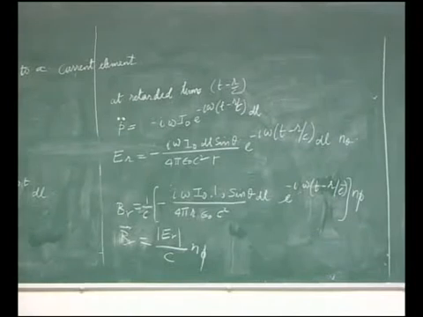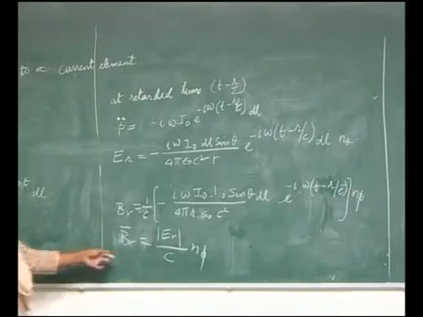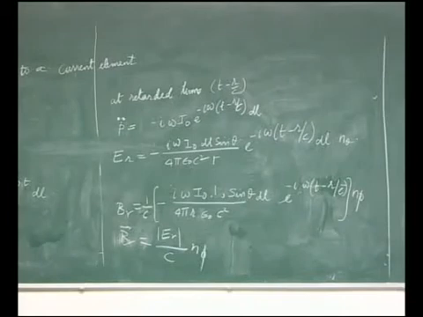Okay. This is what we had derived earlier also, that the magnitude of the magnetic field is 1 by c times the magnitude of the electric field. So, this is what we had derived. Now, I know from Poynting theorem I am interested in calculating the power that is being radiated from this